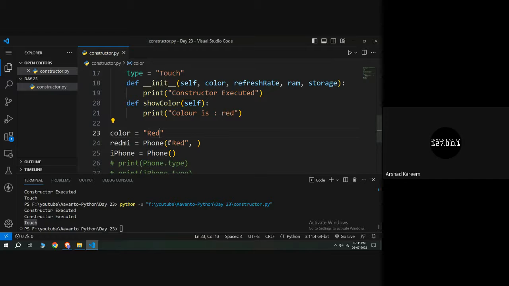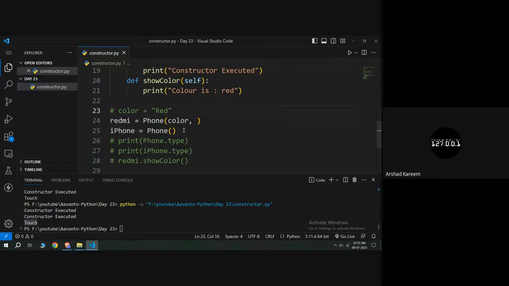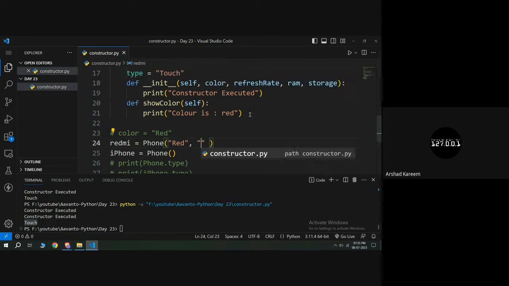And instead of directly giving here red, you can say color. Or else, one more thing, you can take input from the user. It's up to you. It is your wish now. But to keep the code simple, I am going to directly give color here. So my color is red, and my refresh rate is 90 hertz,